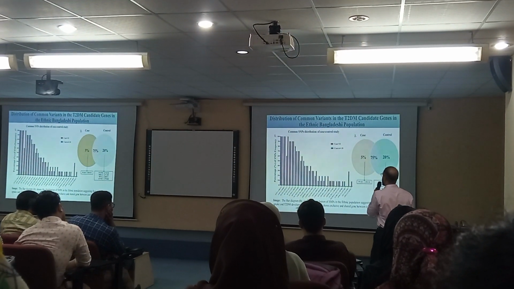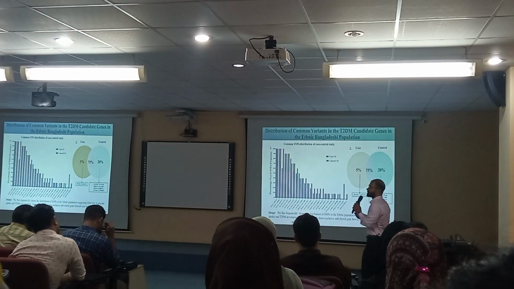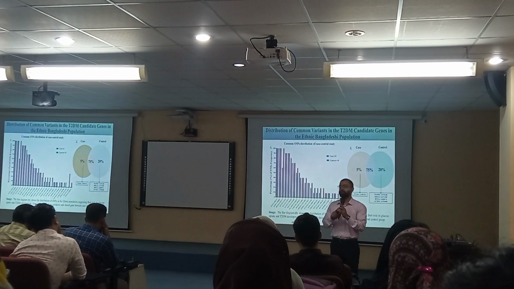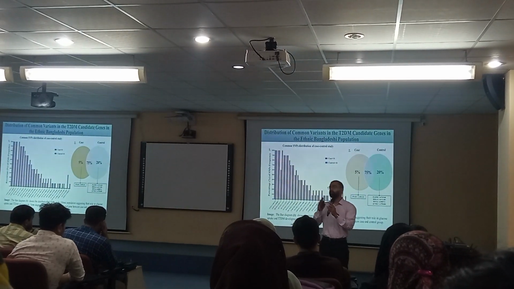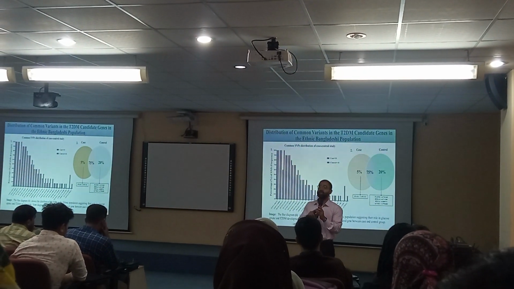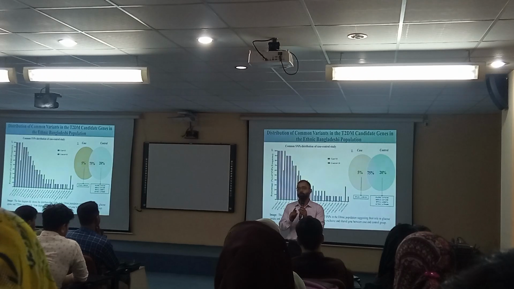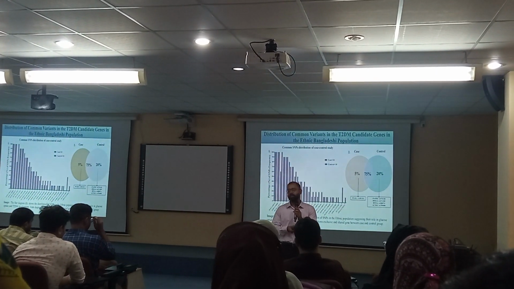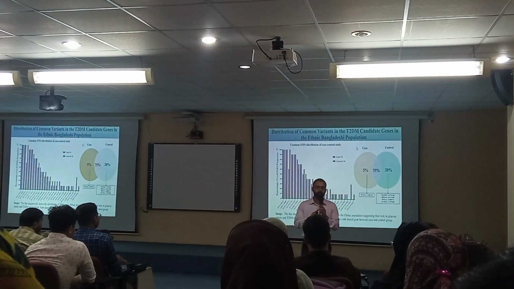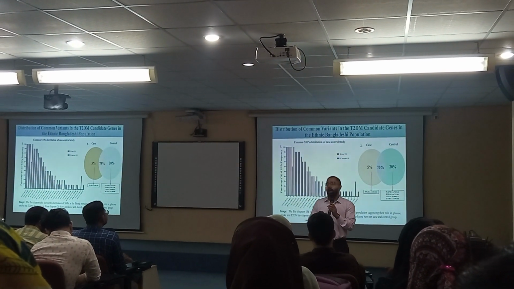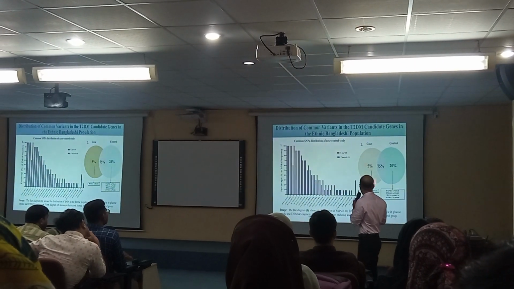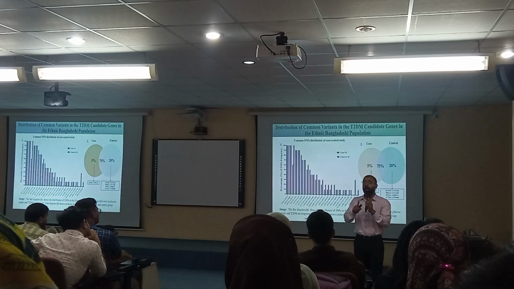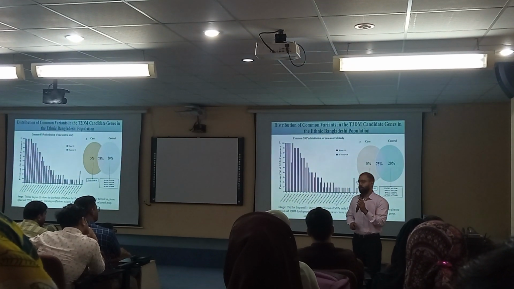Then I analyzed the common variants that are associated with type 2 diabetes mellitus. What are common variants? Common variants are those variants which can be present in both case and control, and they do not play any significant role, or maybe benign types have a slightly significant role in the prognosis of diabetes. Here we can see approximately 75% of the common variants are shared by both diabetic and non-diabetic populations,